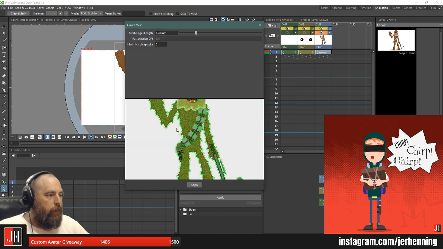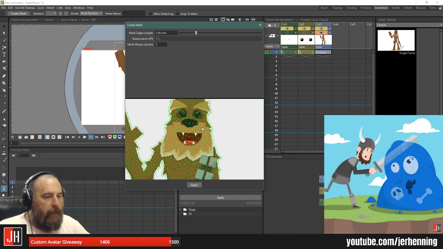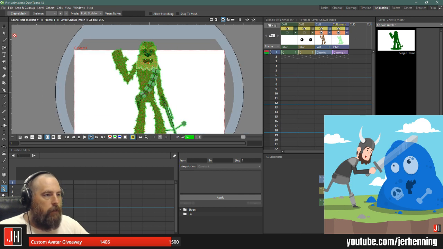So what we're going to do is we're going to create a mesh, right? So you can see what this mesh is doing, right? This mesh is controlling all the areas. So when we apply the mesh,